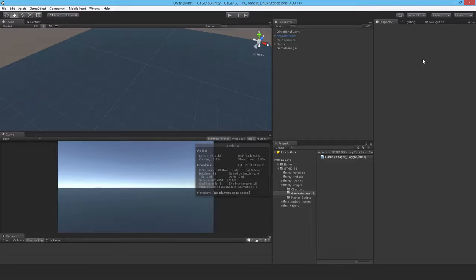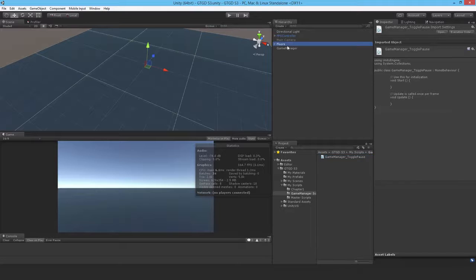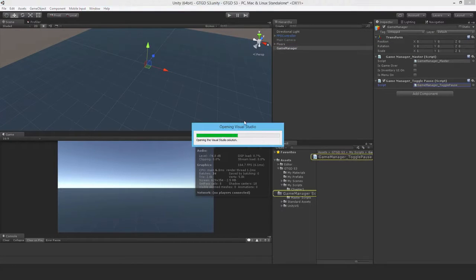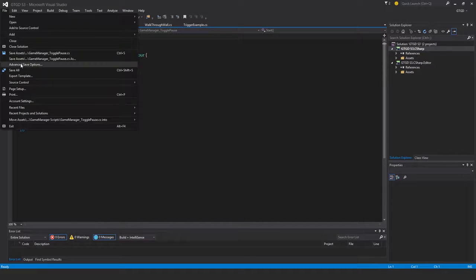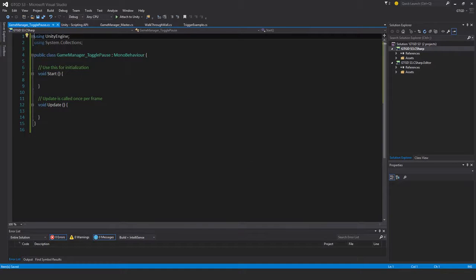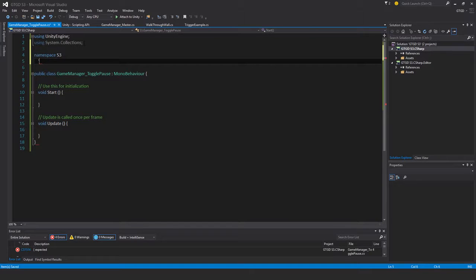Sounds better. Okay. And I'll attach it to the game manager, open it up, convert the line endings, change the namespace, it's S3,